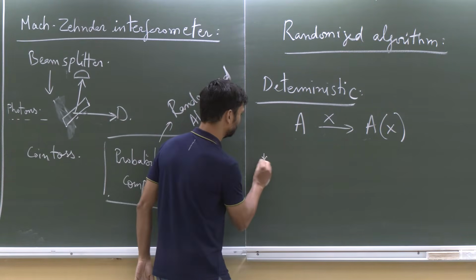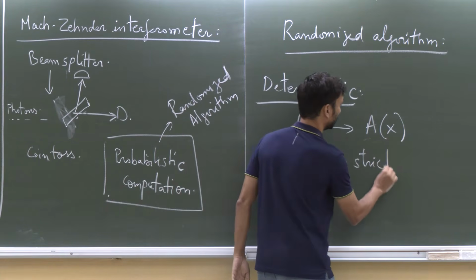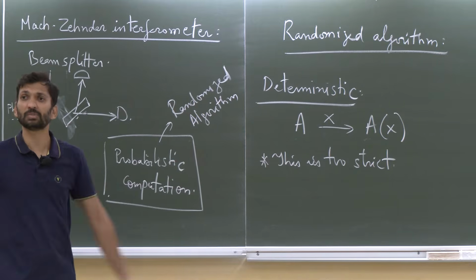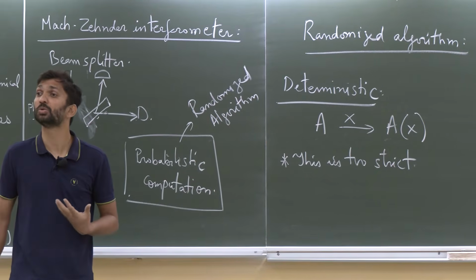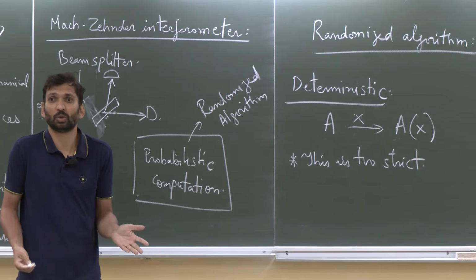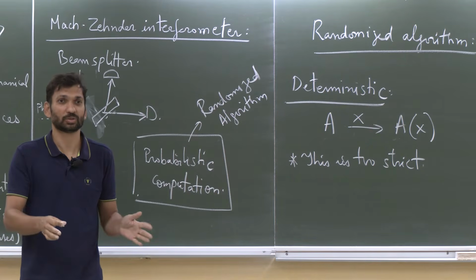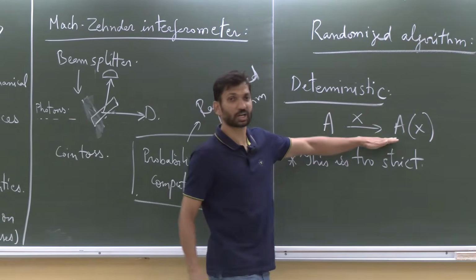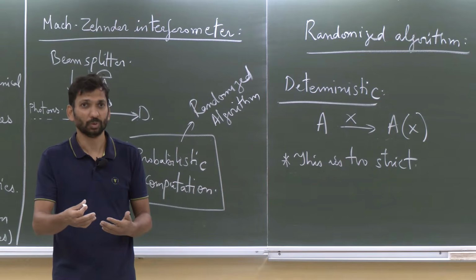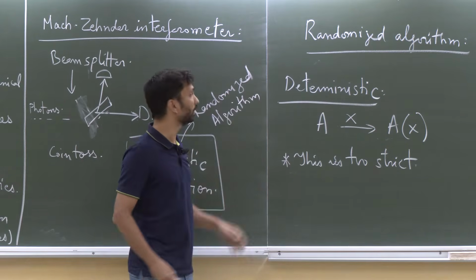Okay? So this is too strict in the sense that many problems we can't solve using a deterministic algorithm, or in most cases this is too expensive. This might take too much time. And obviously we don't have that. We are greedy, lazy, all the human vices. So then we want to quickly finish our computation, but that means there has to be a trade-off. Okay? And one possible trade-off is accomplished using randomized algorithms. What do I do in a randomized algorithm?